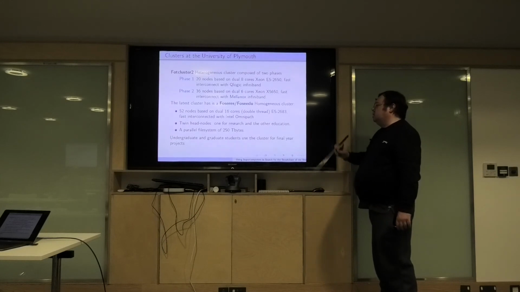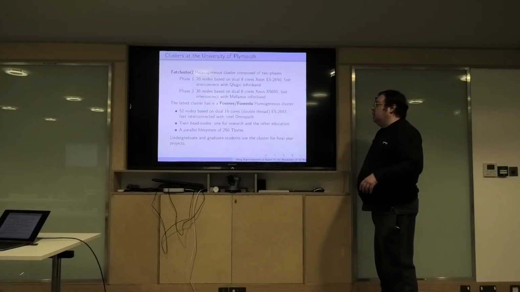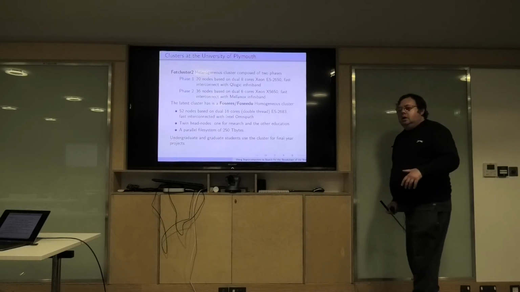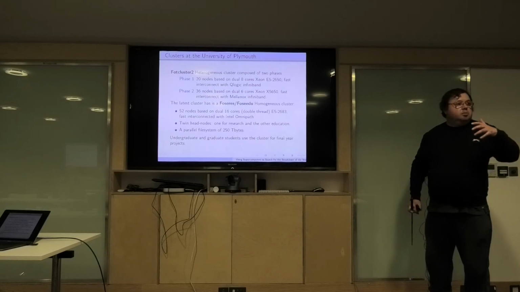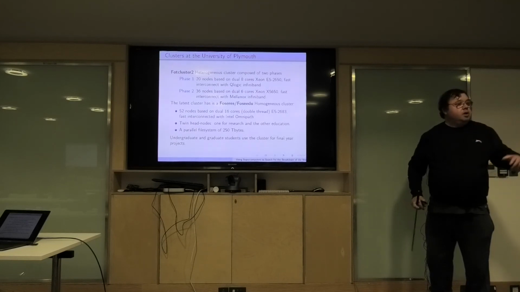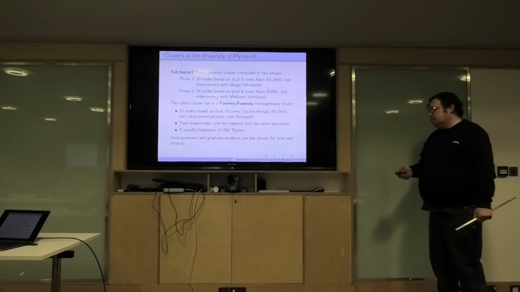It's going to have 250 terabytes. It's used by undergraduates and graduate students for projects. We also run physics projects. So it's useful for developing things, but also, like the fluids people, they use experience on that to write grant applications to use big machines, like in Edinburgh, that have a lot more cores.